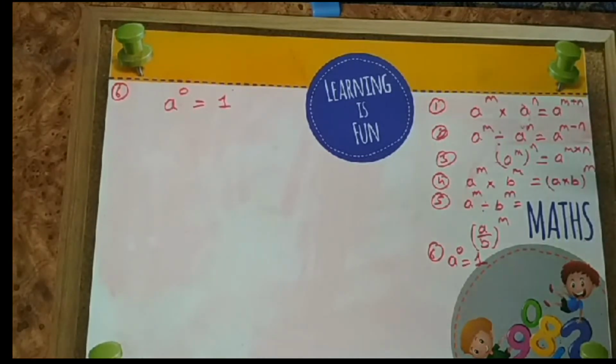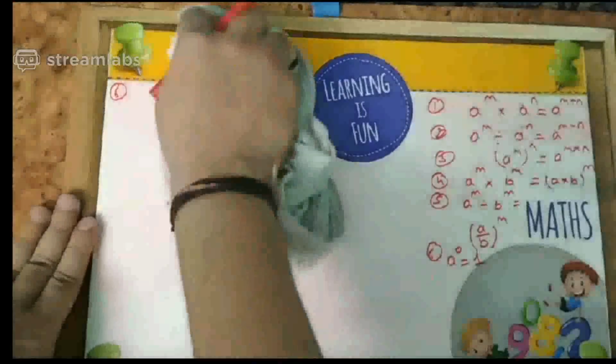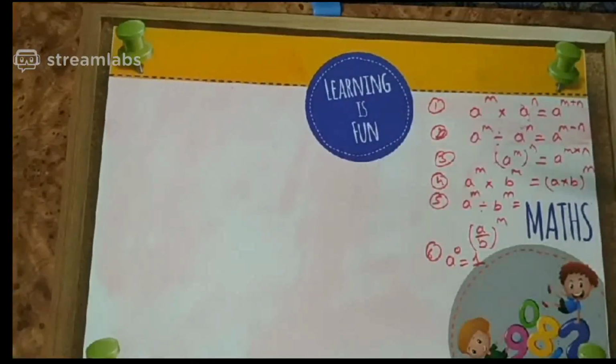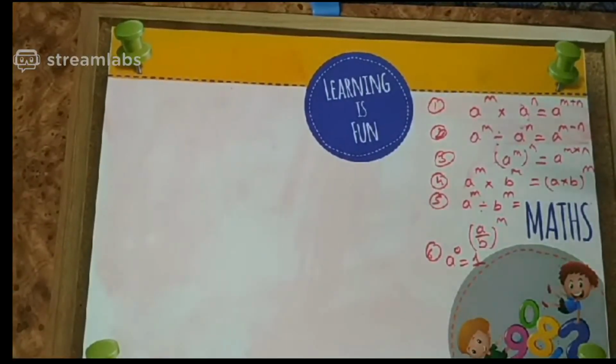So now we are taking some examples to understand all these 6 laws. When all the 6 laws come together, how can we identify that this belongs to the first law, this belongs to the second law? For that I am going to solve many questions right now, so you can also solve along with me.